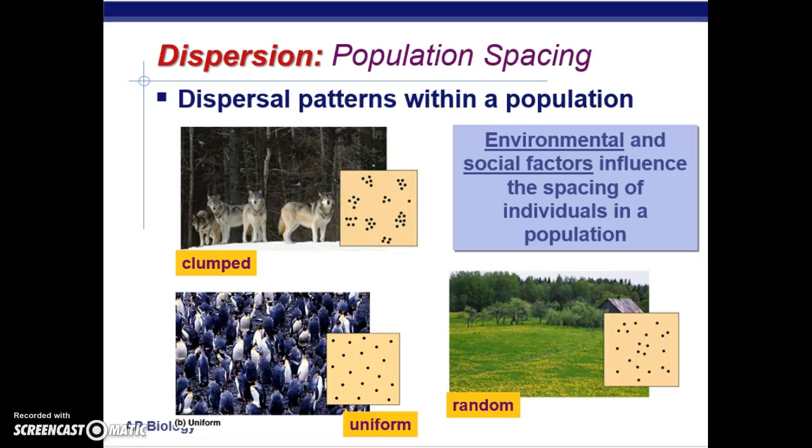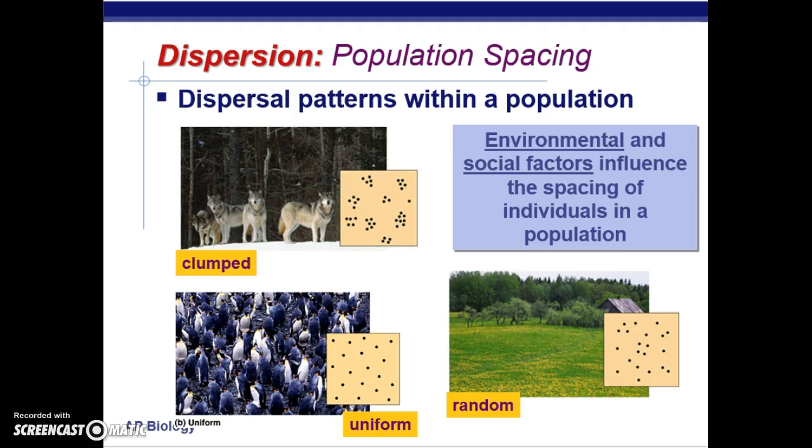This is part 2 of Chapter 53's lecture, and we're going to begin here with the discussion of dispersion. So previously we were discussing density of populations. Now we're going to look at how populations are spaced out. And essentially ecologists look at the spacing in 3 different types of formations, either a clumped, a uniform, or a